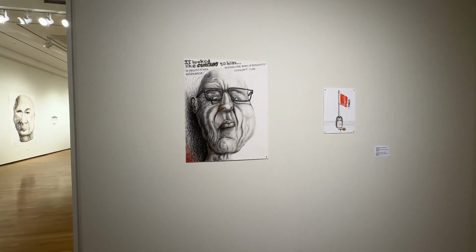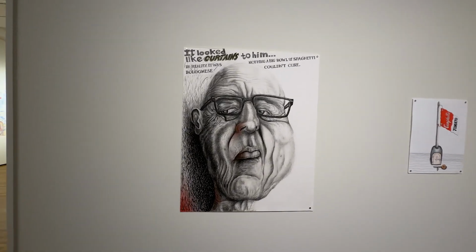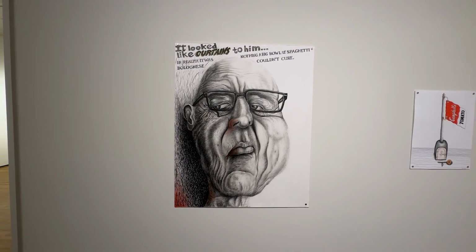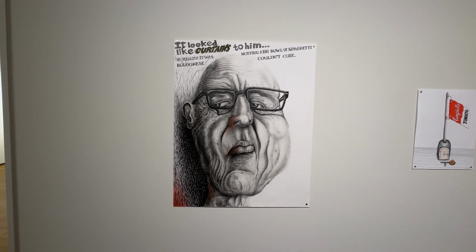This is a drawing that he actually titled Curtains. So it looked like curtains to him. In reality, it was just bolognese. Nothing but a big bowl of spaghetti and bolognese couldn't cure. So